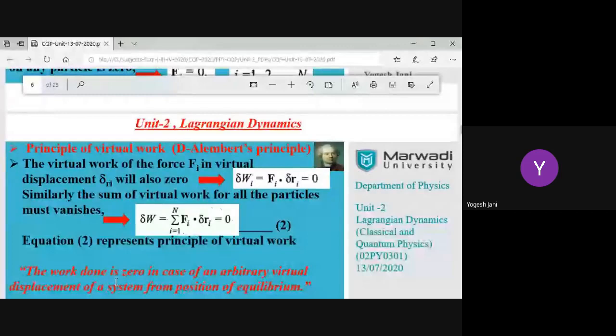Now suppose you want to modify it further using Newton's second law. We can use Newton's second law in this way. The total force acting on the ith particle can be divided into two parts: the external or applied force, and the force due to constraint. Now if you multiply by delta R on both sides, then you have